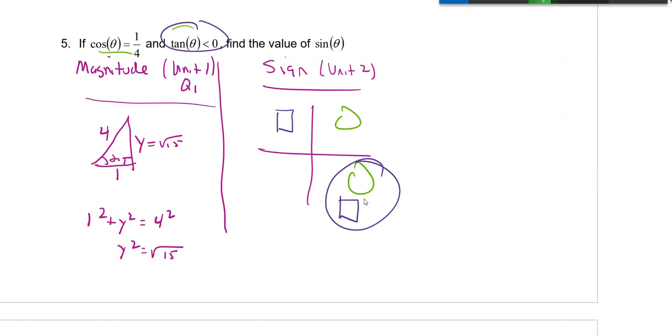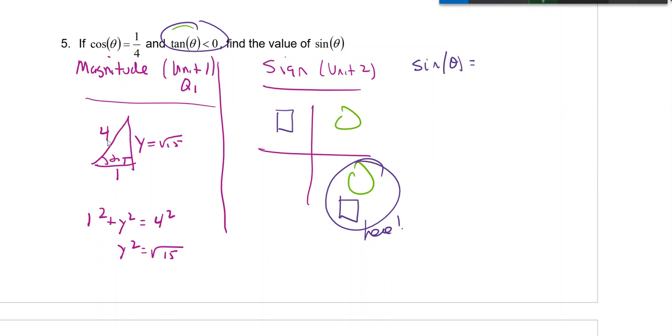So this is the quadrant we're in here. We're in quadrant 4, because that's the only quadrant that satisfies the condition that the cosine is positive and the tangent is negative. So we put all this together now to write down our trig functions. The sine of theta, whatever theta is, we don't even know. All we know is what its reference angle is, roughly,